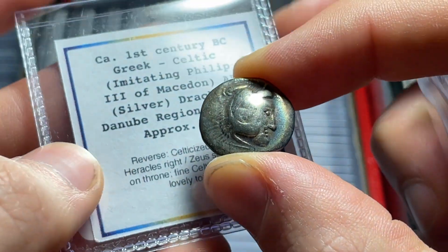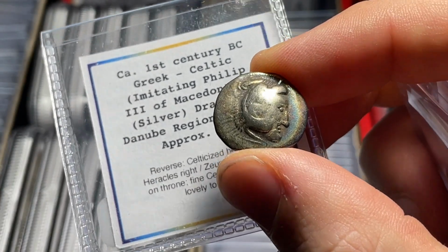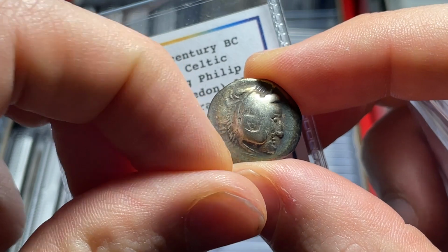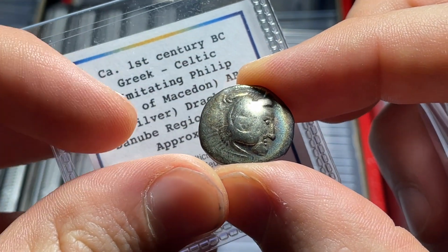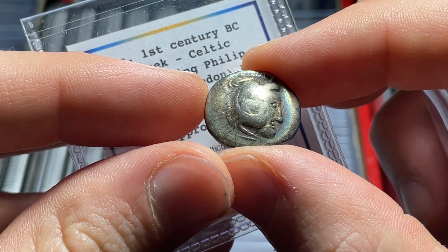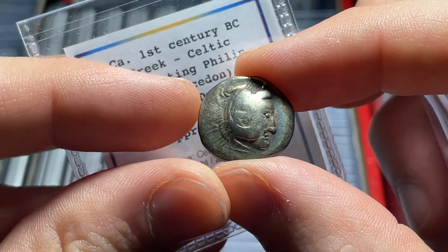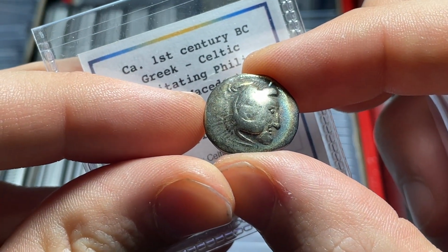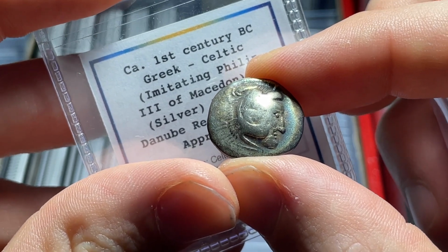It has some modern toning, but it's this imitation drachm. So that's where we get dram and dollar from, of Philip the Third of Macedon, who was the son, or excuse me, I think the half-brother of Alexander the Great. Alexander the Great dies in 323 BC, and he is in power until 317 BC, but more so as a